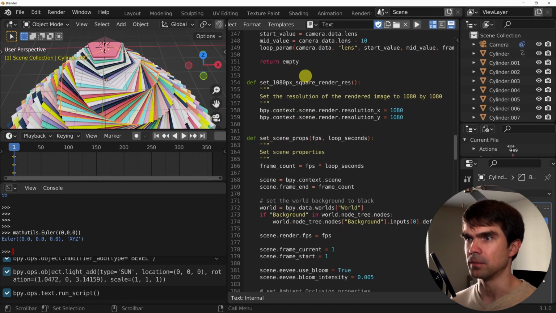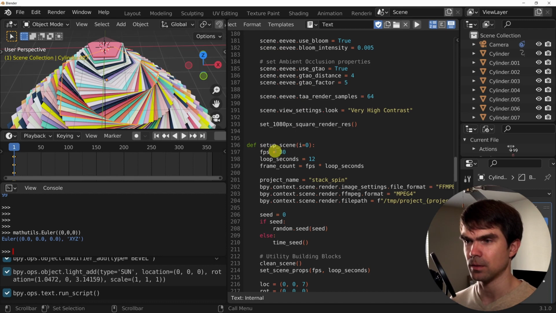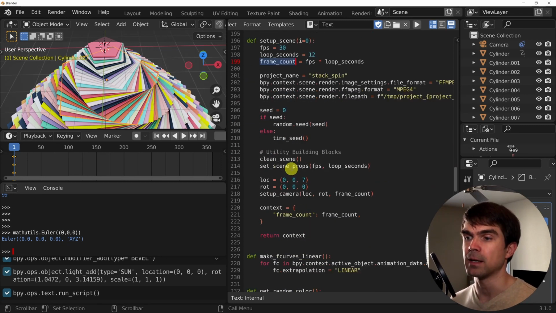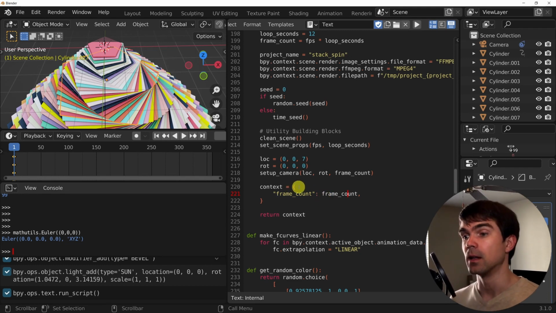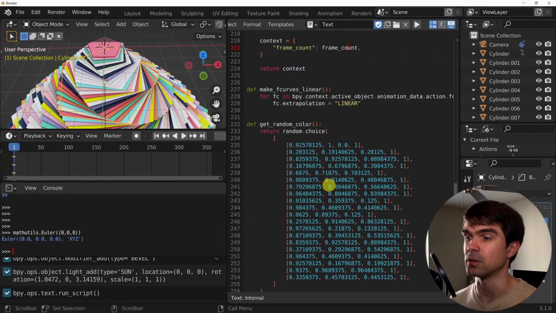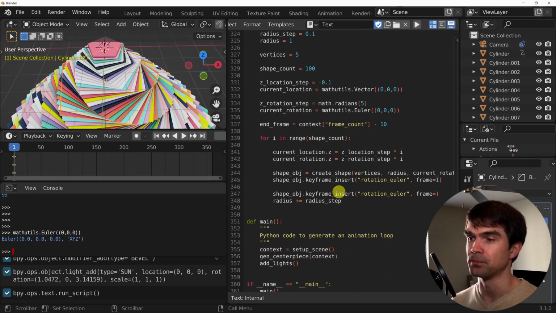All right, so here it is, and it's just using the FPS and the number of seconds in the loop to calculate the frame count, and then we are just creating a dictionary with that value, right? So we know exactly how long this animation is going to be in frames, and we're just using that down here.